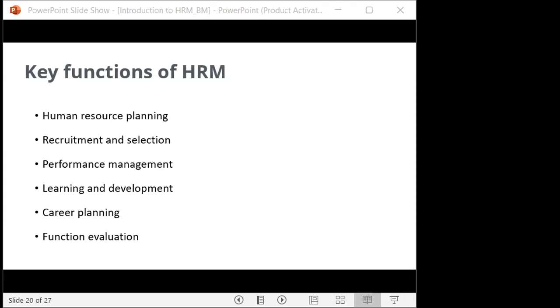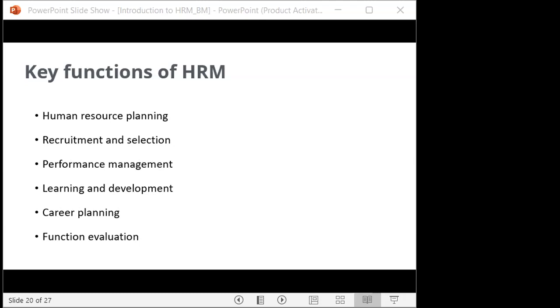So HR is responsible to plan out the careers of each and every employee. What promotions can be given to those employees? Mainly it comes under development. So if you are an HR assistant at the moment, your next stage will be HR executive. To become an HR executive, what qualities or qualifications should you have? HR should align those things to the employees, then they will develop themselves.